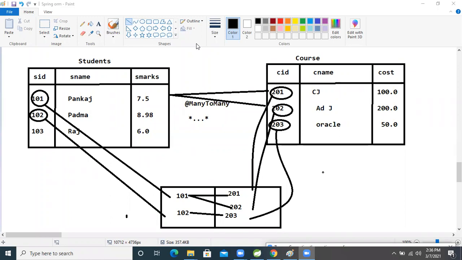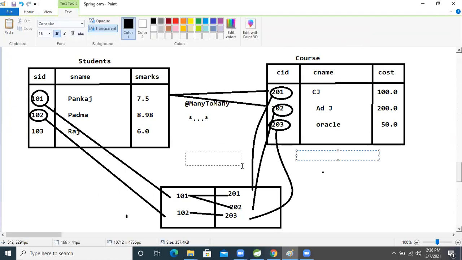our Spring ORM will throw an exception, as well as we need to generate a third table. For generating the third table, one more annotation is there, and then this third table will be generated. So for generating the third table, which annotation is there? At the rate table, sorry, join table,